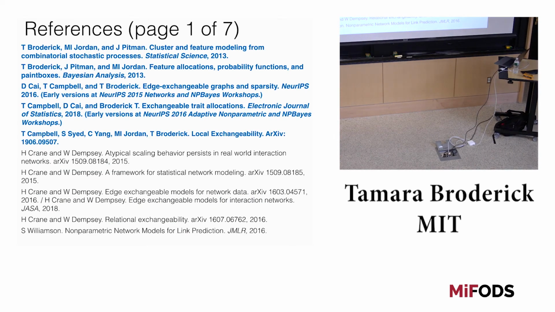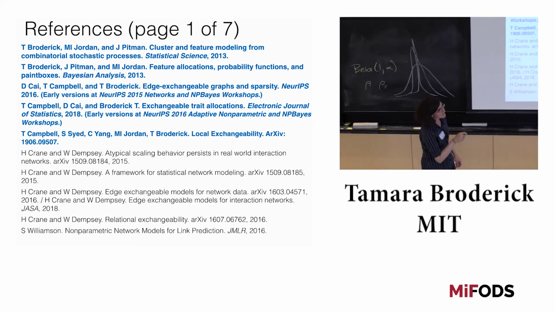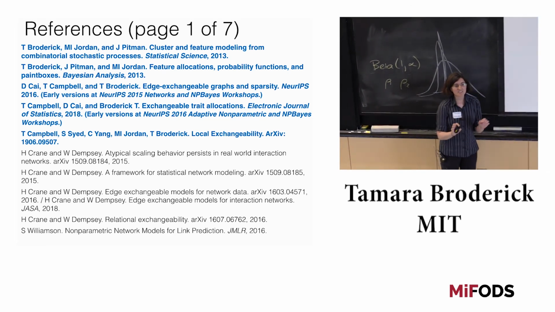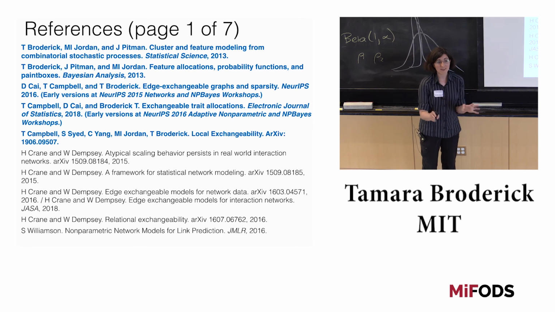If you're interested, I encourage you to check it out in our paper on exchangeable feature allocations. And we have an earlier paper on this feature allocation idea called Feature Allocations, Probability Functions, and Paintboxes. But yeah, I think this idea is great. There are so many things beyond clusters, beyond networks that we haven't talked about. Trees are another one that comes up. So many things. And we can think about what the relevant notions of exchangeability are and what their properties are in those cases.